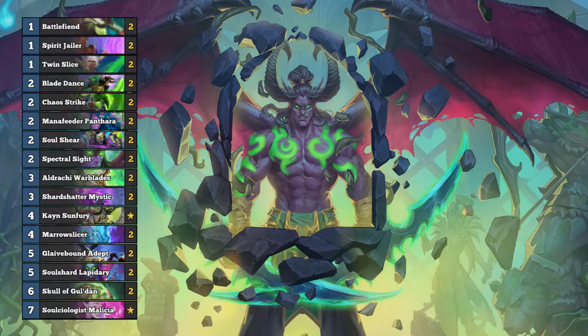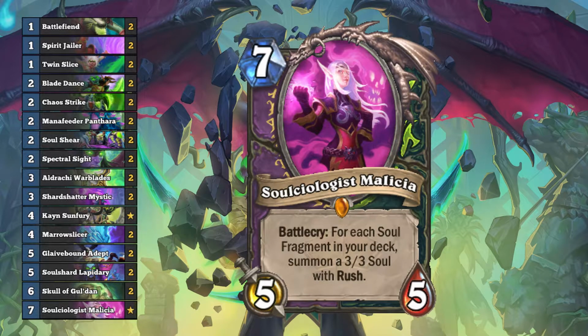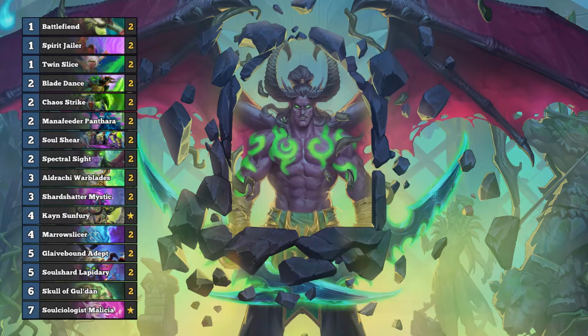If you're facing a Paladin, just send all the damage face and hope they don't have Libram of Hope, or alternatively you could try for a big Soulciologist Malicia turn and hope they don't have the Libram of Justice plus Consecration in response. Against Druid, you hope they don't have Ramp. If they don't have Ramp, they just fall flat and you can kill them before they get to do anything,